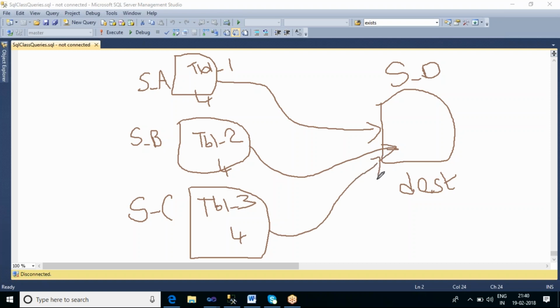One after the other, I need to get the source data and push it to the same destination table. Then how will you design this package? How will you design this package? Can we design it so that for moving the source data